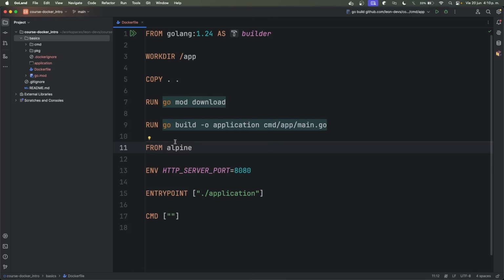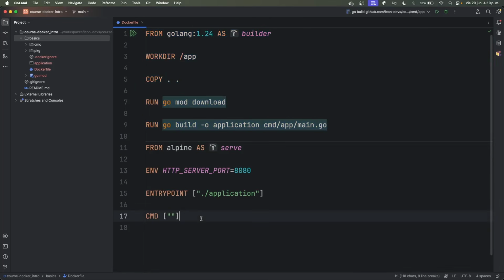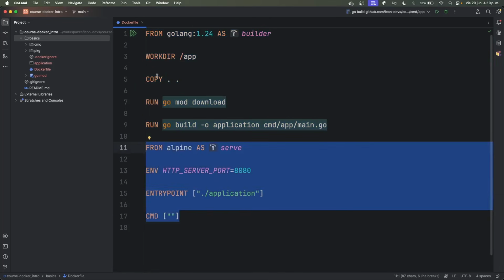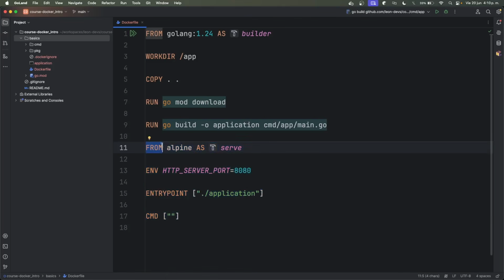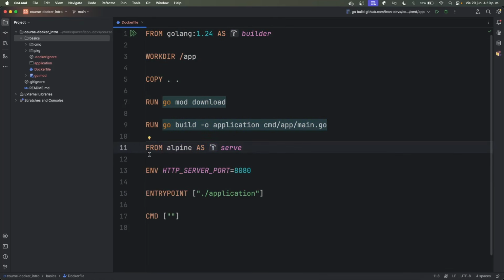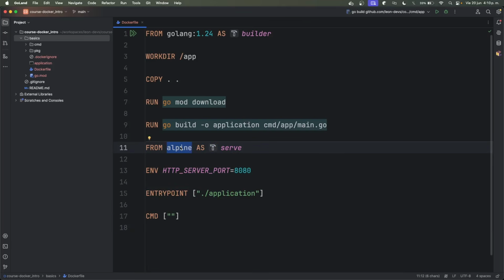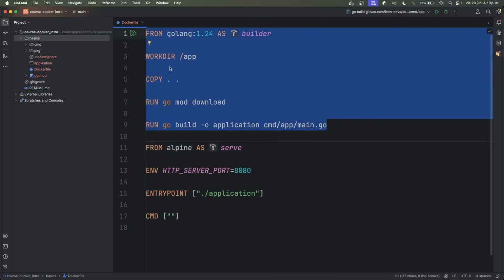In this case, we are going to base our serving stage on the Alpine image. And same as before, we are going to use an alias for this, and we are going to call this serve. So we have one stage for building our application and a completely different stage for serving our application. And you can see the moment we put another FROM keyword here, you can see a line right here showing us that this is one stage and this is a completely different stage. Since we are working on a brand new stage here, and as you can see, this is a brand new image based on a brand new operating system, whatever we did from this stage is not available in this stage